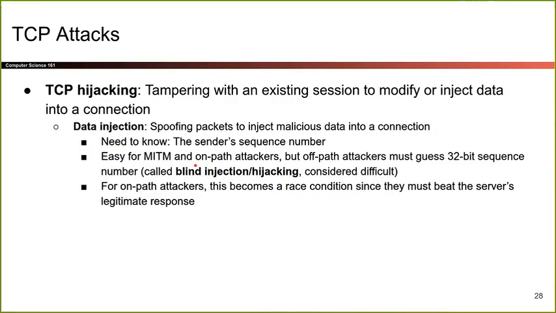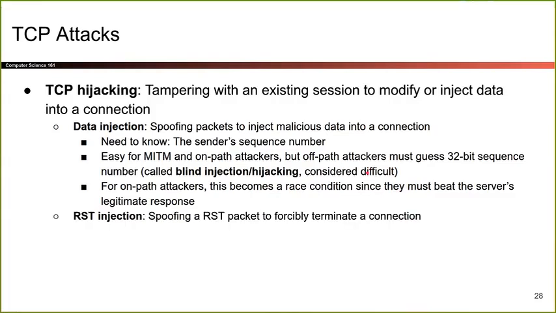For on-path attackers, there is kind of one slight caveat, which is that they do have to beat the legitimate answer. So if there are two responses coming at the same time and they have the same sequence number, one of them is from the attacker, one of them is from the server, the attacker's message has to get there first because, again, the client usually accepts the first packet that shows up. So if you're on path, you generally do have to race. If you're a man in the middle, you don't have to race because you can just delete the server's response and replace it with your own, or take the server's response and then change it. So man in the middle, they can just change. On path, they have to race. Off path, they have to guess and race.